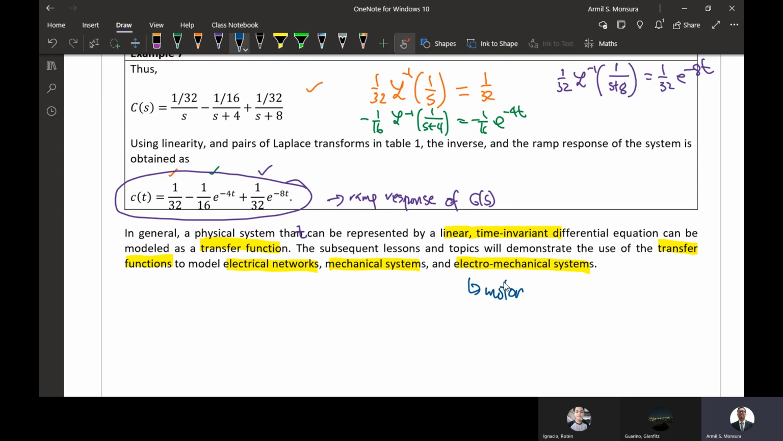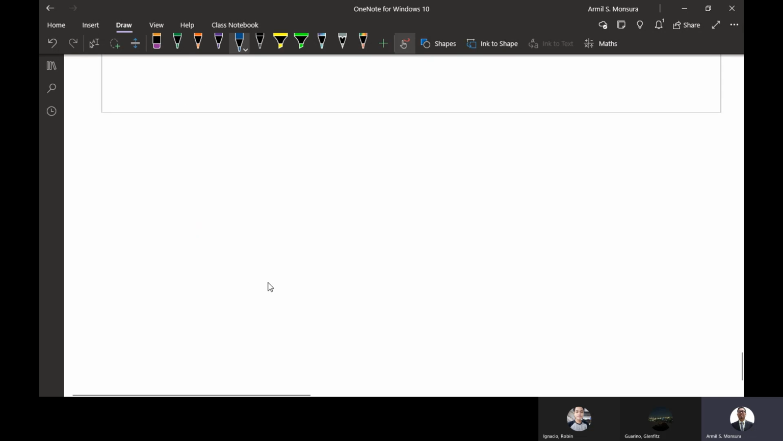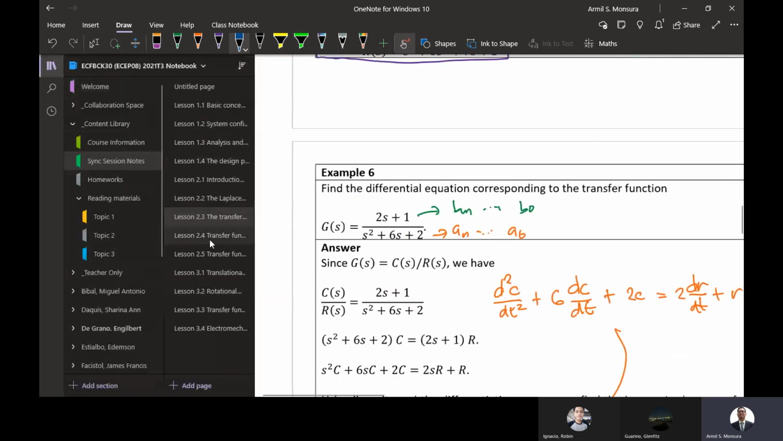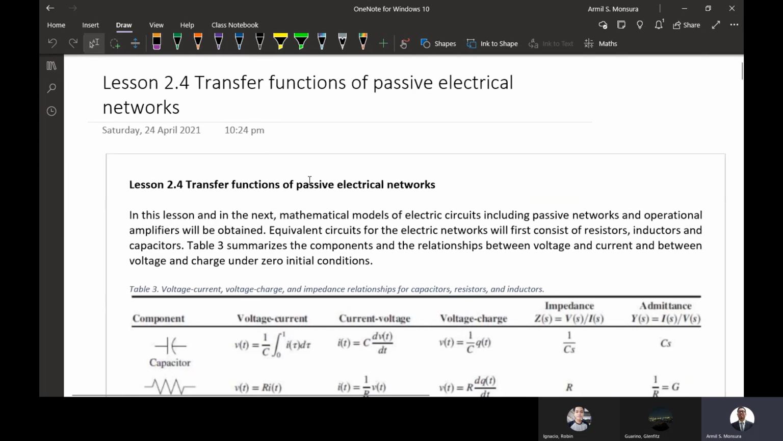Tapos na yata itong part na to. Okay, tama. Tapos na. Okay, so next dapat na dyan is itong transfer function of passive electrical networks. But the thing is that it's already 6:30 and meron akong meeting kasi by 7 p.m. So I would like to request for your understanding na I'll have to cut the class at this point because may mga